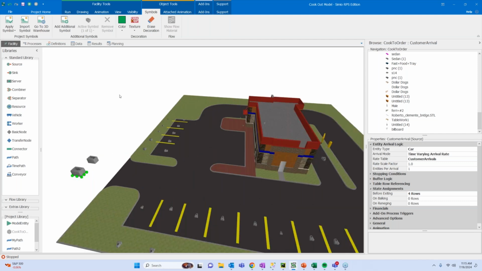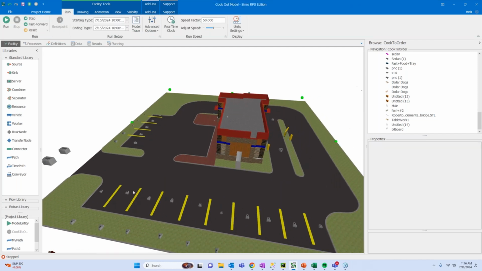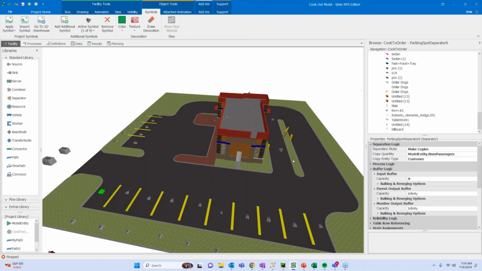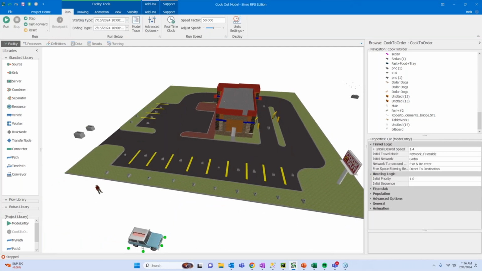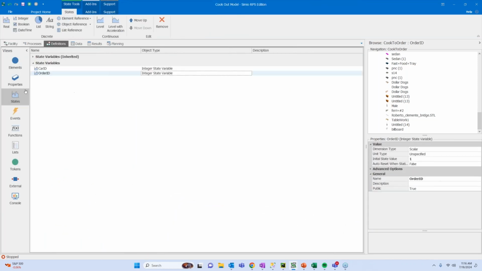So if a customer comes in and decides to go down the path of going to one of these parking spots, that's where we can start to figure out how we distinguish a car from a customer. So at this separator, and I've introduced each parking spot as a separator, we'll talk about the approach there. I have on each of my cars, as they arrive, a state variable set up on them that defines